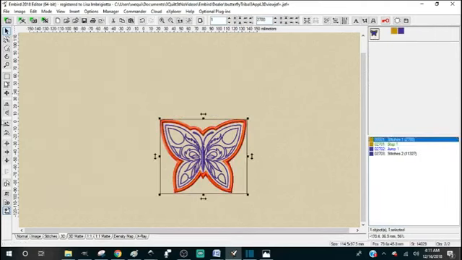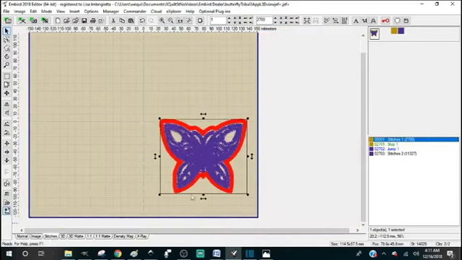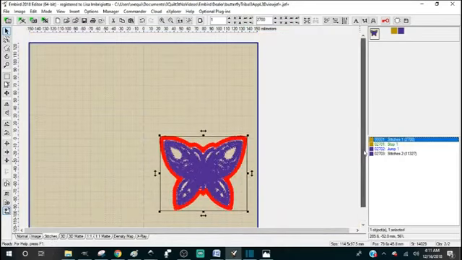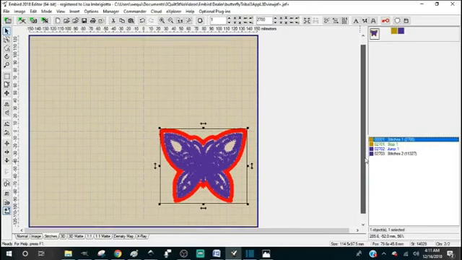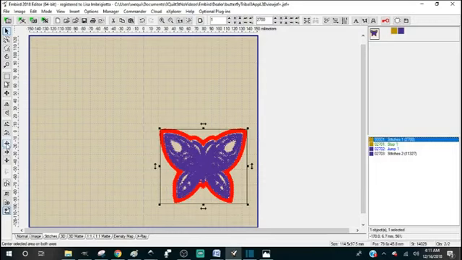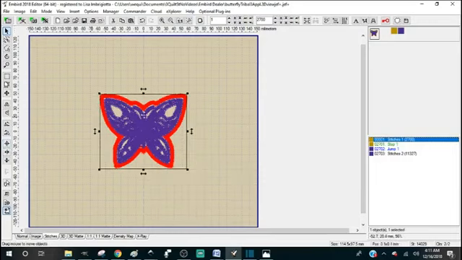Click on the butterfly. I'll show you my hoop. If I click stitches, I can see the hoop. While I have it selected, I'll click the center button here, and I'll go to Insert, Effect,